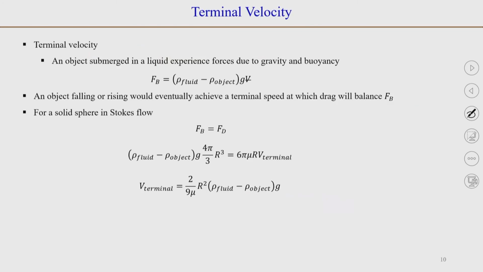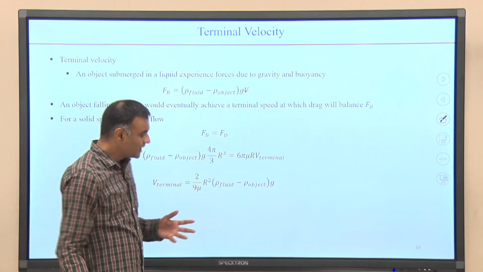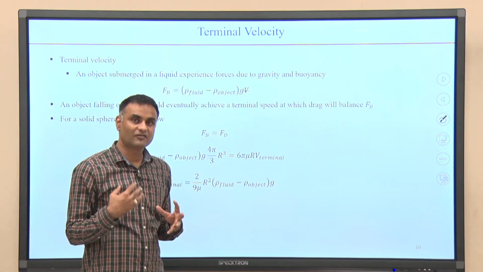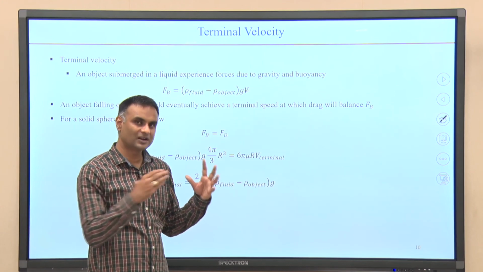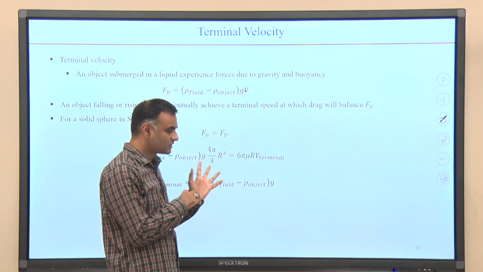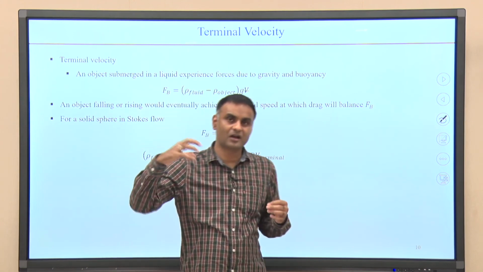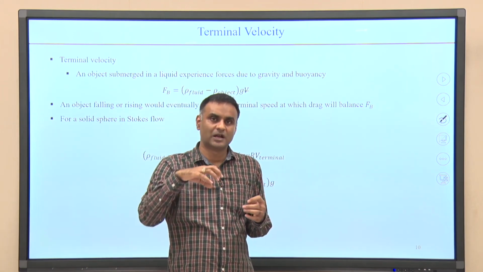So, that was about flow around a rigid sphere. Now, if you have a fluid sphere, then you will have a few more things, but before we look at the fluid sphere, we will just talk about what is called terminal velocity. So, if you have a sphere moving in a fluid,